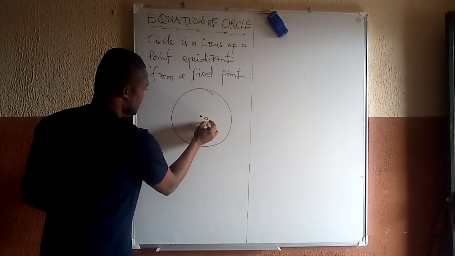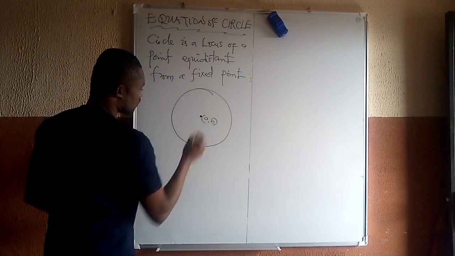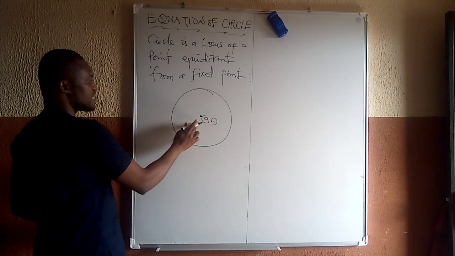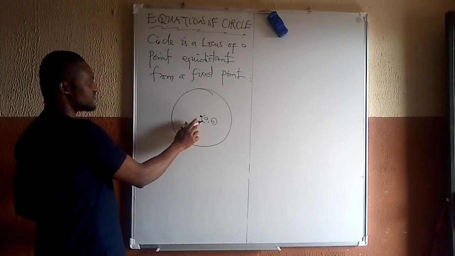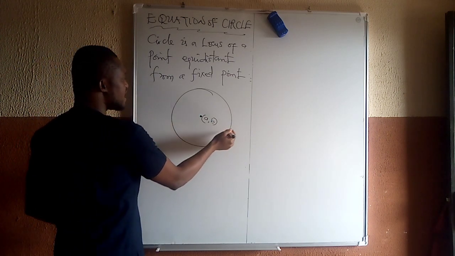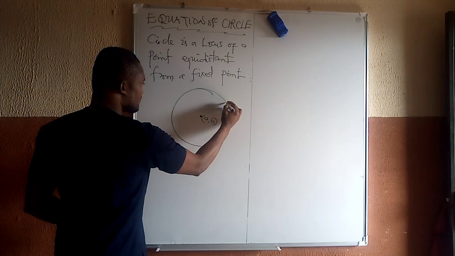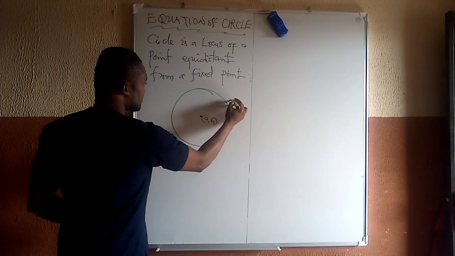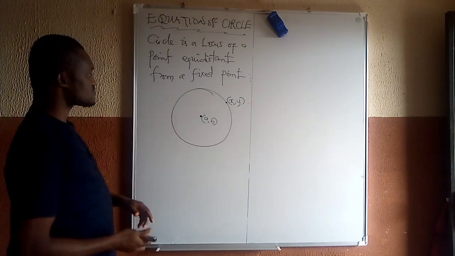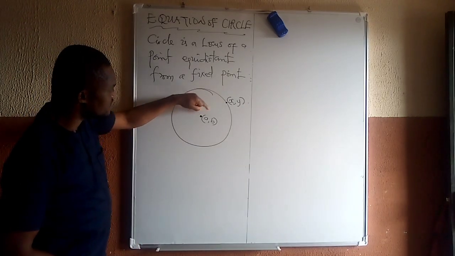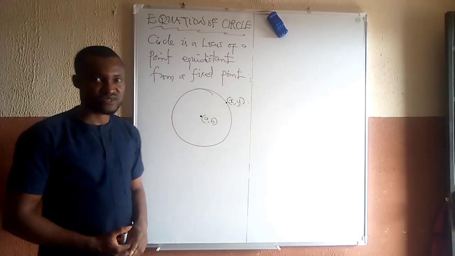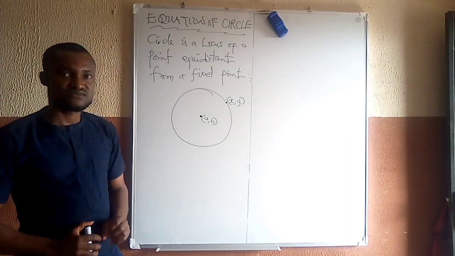represent it with (a, b) along the coordinates. So here becomes the center of the circle, which is the fixed point. Then any point along this circumference, which is the moving point, is referred to as the locus. If we have it as (x, y), we can take the measurements between 2 points, I'm believing from